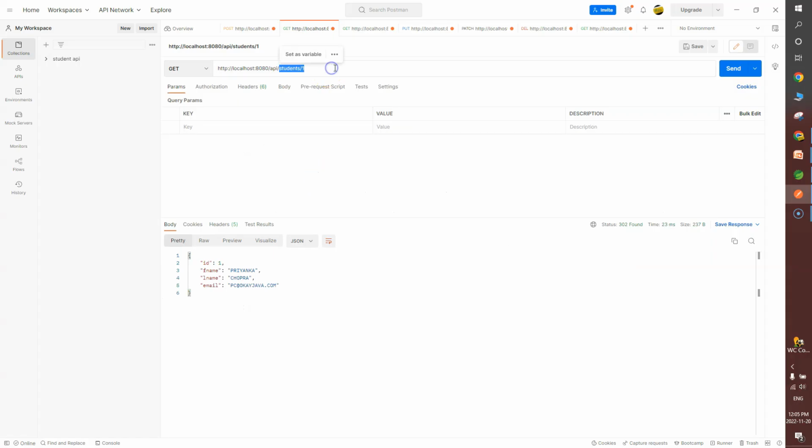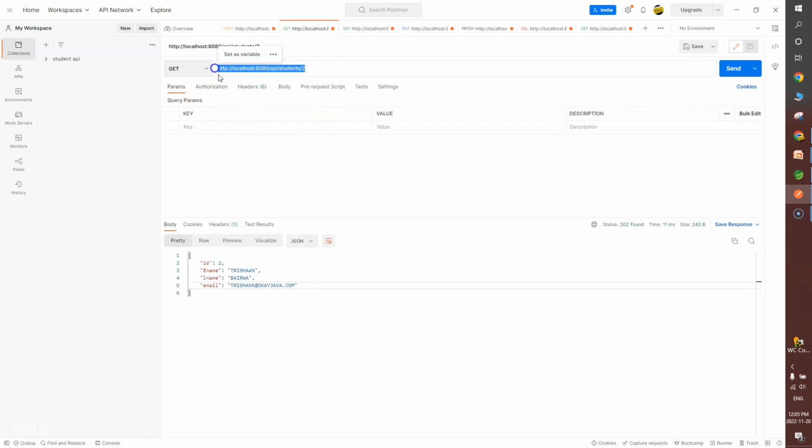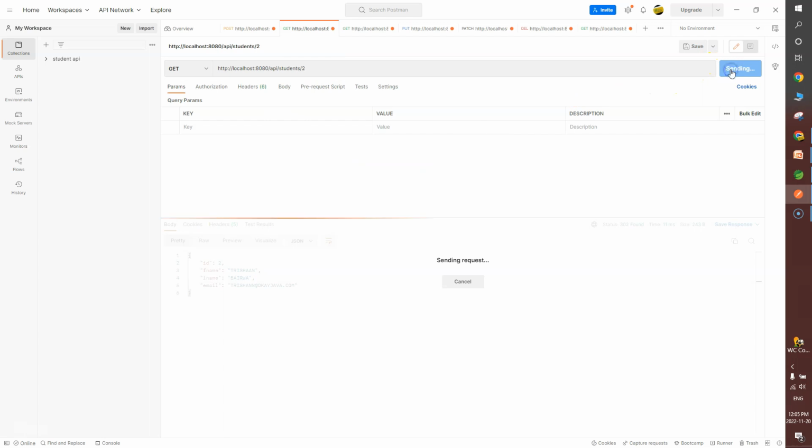Guys, what do you see here? I have got my endpoint here, okay, where id equals 1. Say for example, I'm passing id equals 2 and I'm going to make a GET call. Let me click on send. I have got my result, Trisan. Let me do it again. I have got my same result, Trisan. Let me just go and make another GET call. Still the same result. So guys, that's why we call GET an idempotent function. I can call this particular endpoint 10 times, 20 times, 100 times, my result won't change. My result is going to be the same.